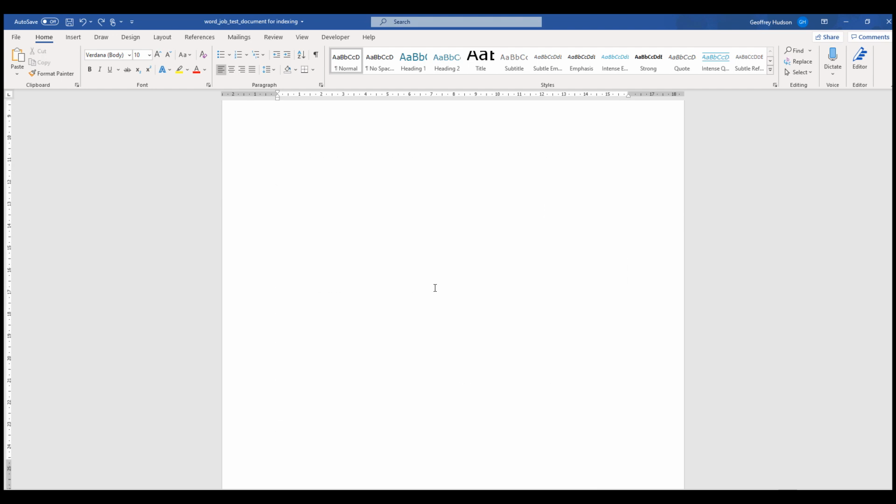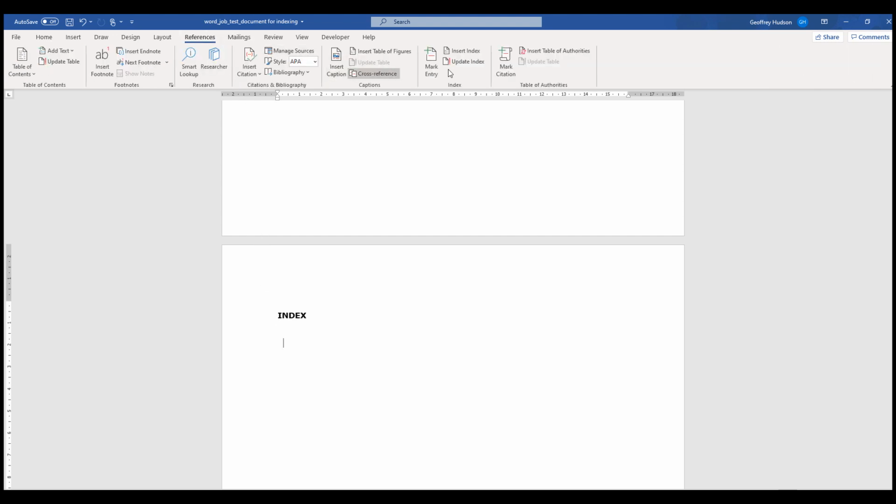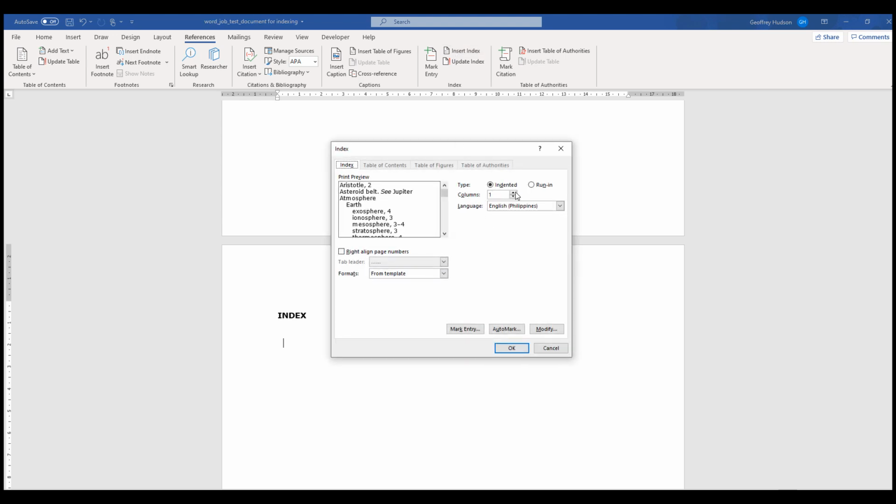An index will normally appear at the very last page. So what I've done, I've inserted a new page at the bottom of the document, and I've typed a little heading, Index, and I want the index to appear at the insertion point. So now what I'm going to do is click on References, Insert Index, and you may notice that the columns default to 2. I only want one column, and I also want to right align the page numbers. So I put a tick in there, and that lets me insert the tab leaders, the little dots that go across. Now when I click OK